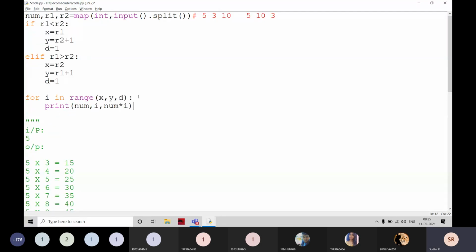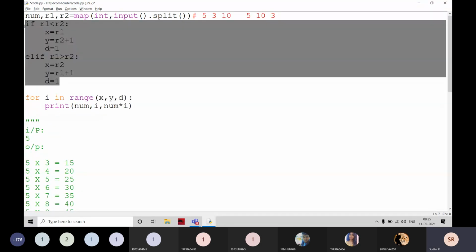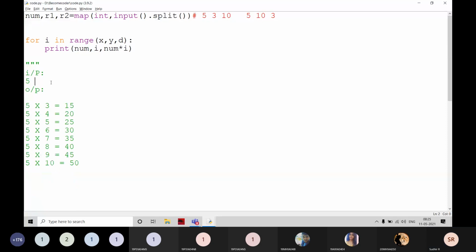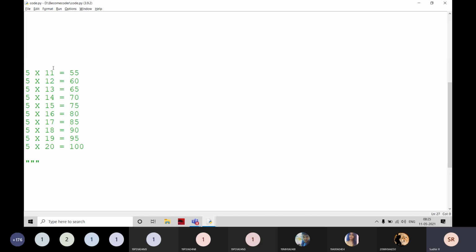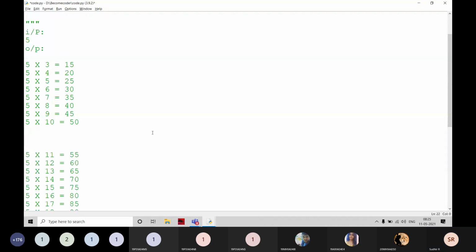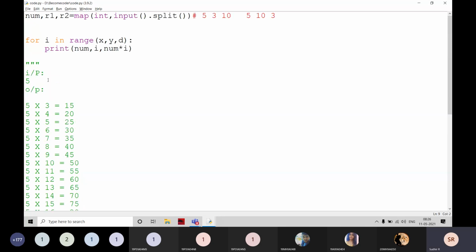You want this line going into here. For example, here there are 3 values.